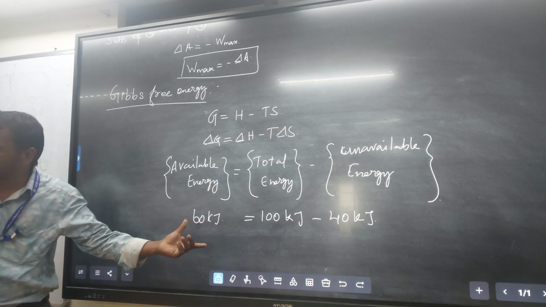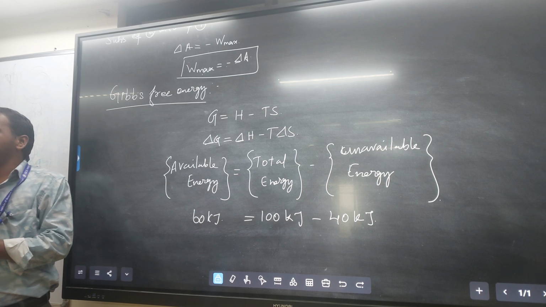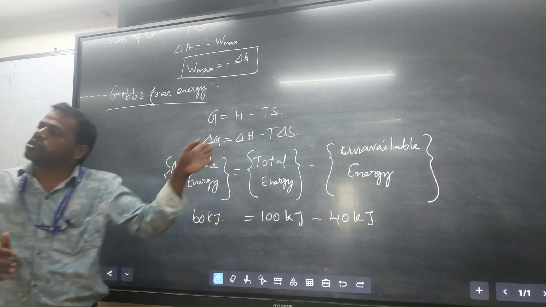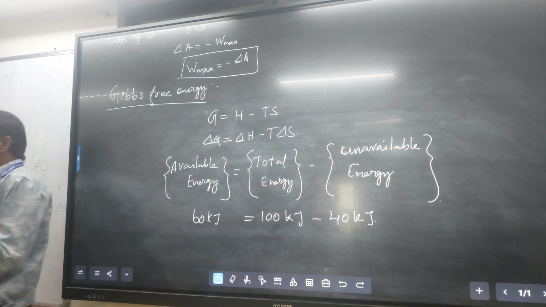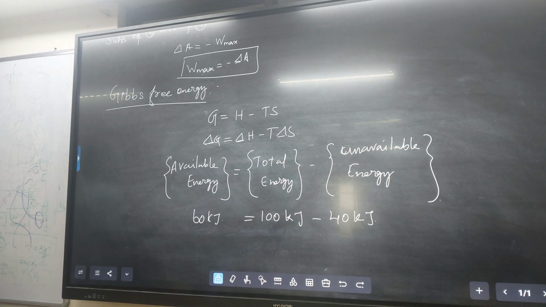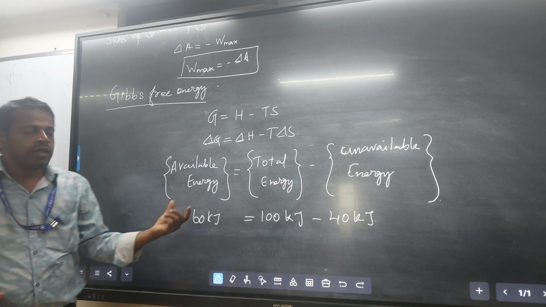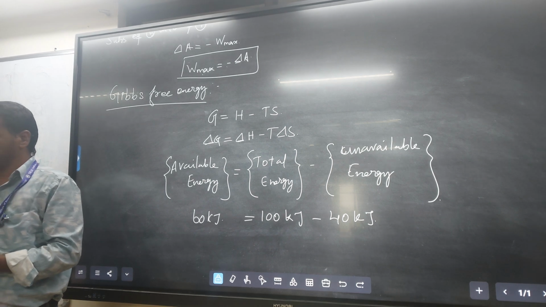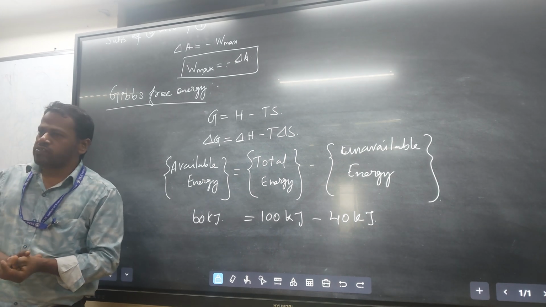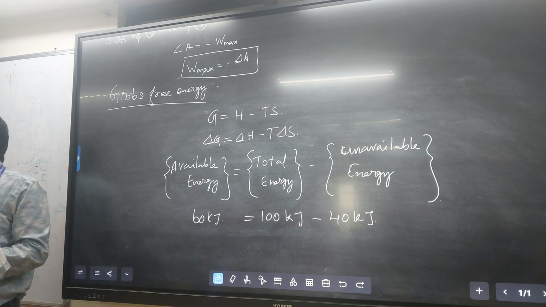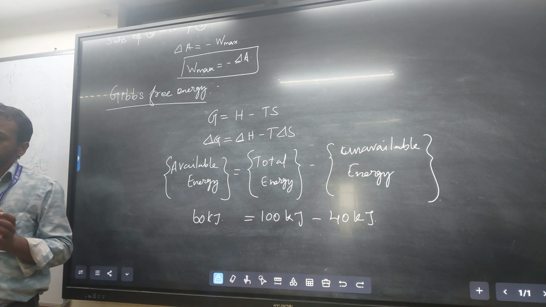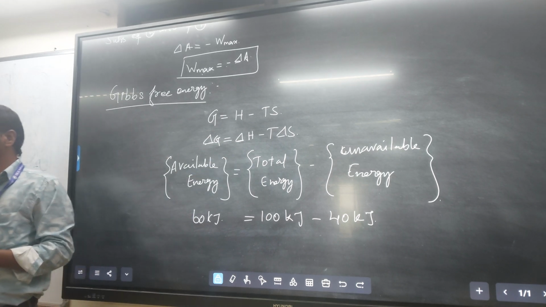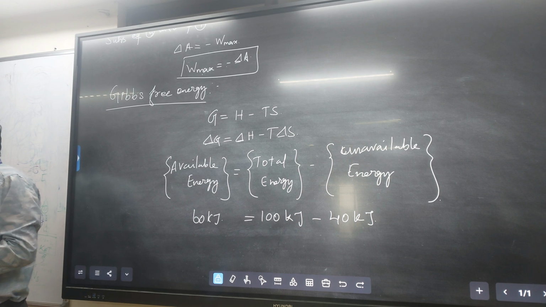Once we know this information, only then can we analyze what we can do with the available energy to convert it into useful work. That information we need. That's why the Gibbs free energy is explained very clearly, to find the available energy. Okay, available energy. Then we can go for the analysis. What are the ways we can use the available energy to convert it into useful work? First of all, we have to know